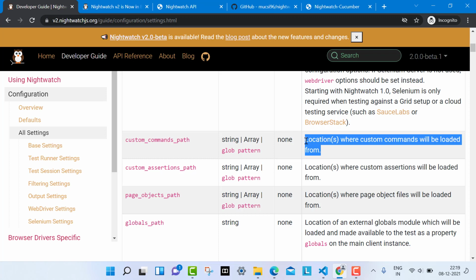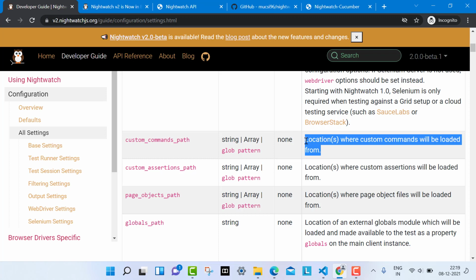A calendar is there, an HTML calendar, or let's suppose any Ajax calendar is there, and you want to select some date. So you go to any automation tool. It will not provide a direct method or function or command to select the date, right? If you want, you write your own command.